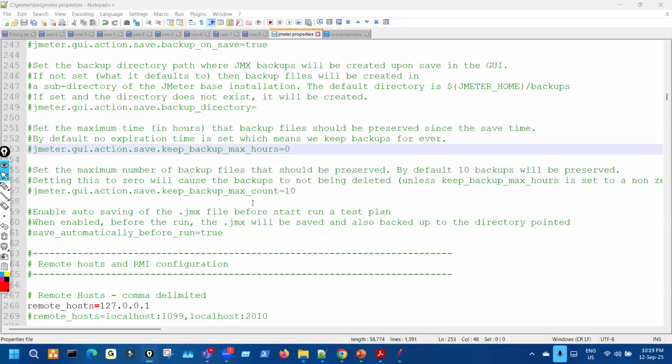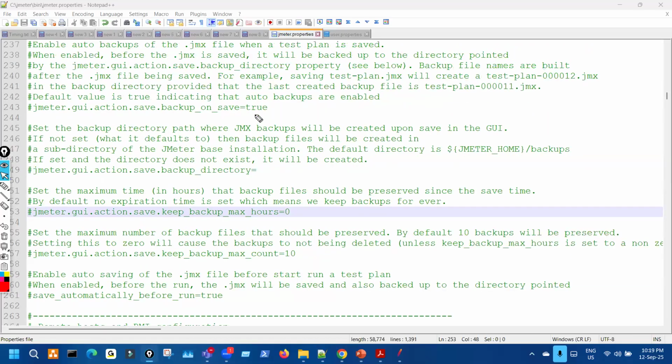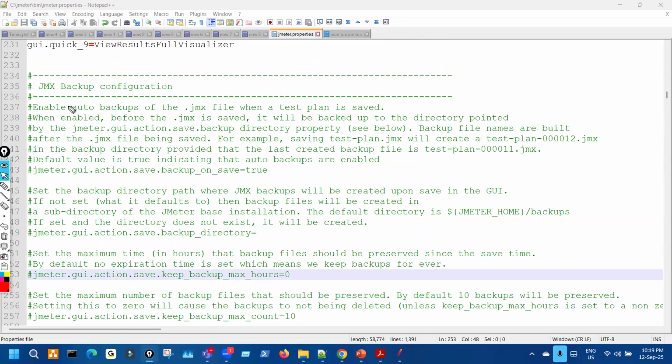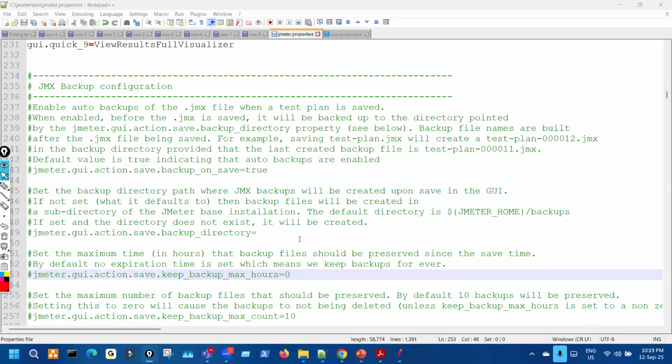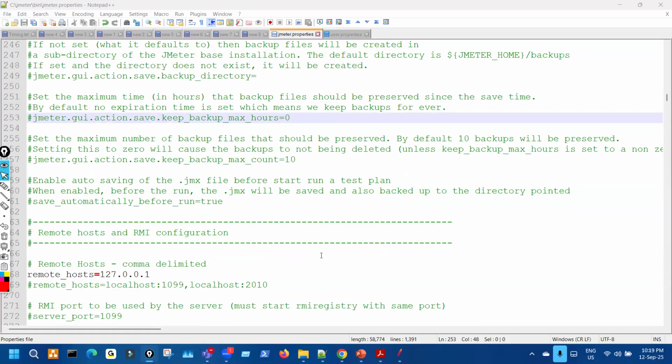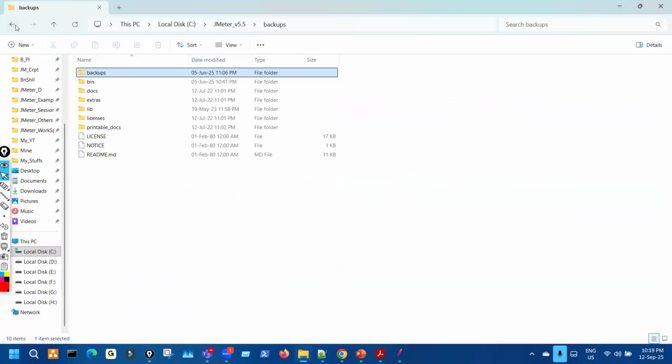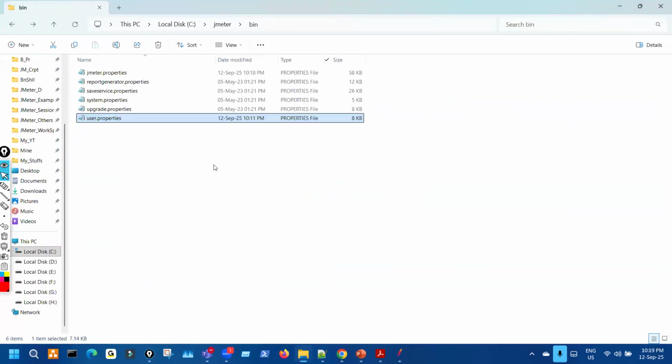So you see, for backup alone there are 5 or 6 lines, and a special heading is also given. So this is how these lines are controlling the settings or the behavior or the features of JMeter, or the working behavior of JMeter, right? Now, coming to this,